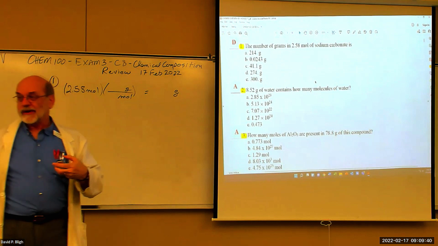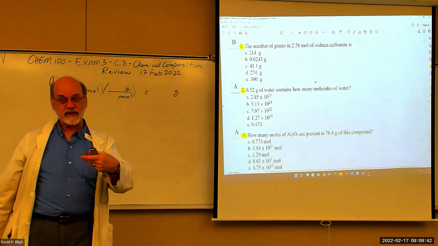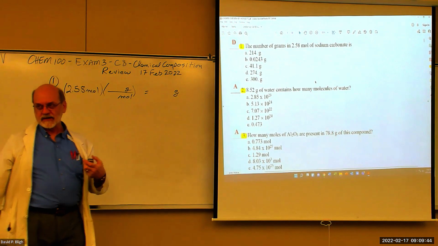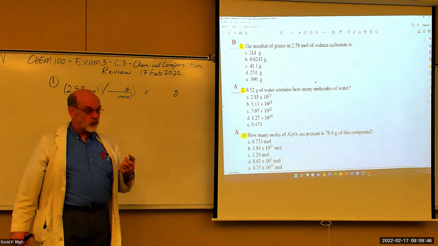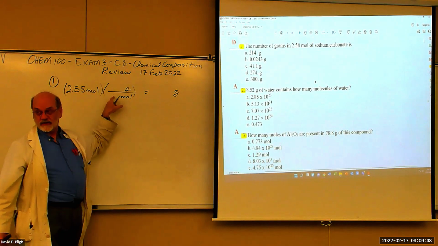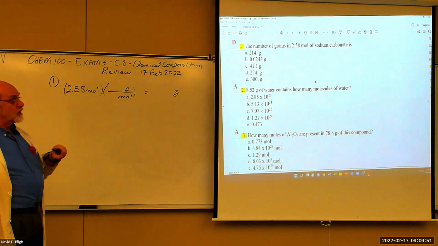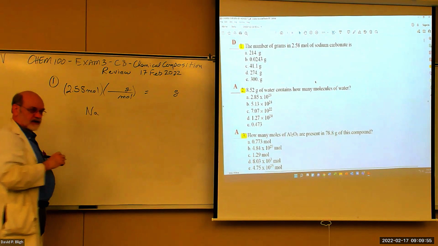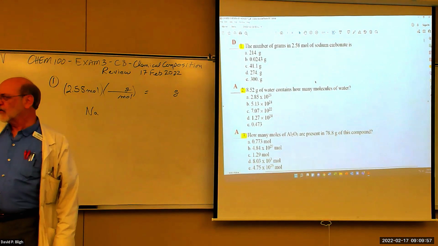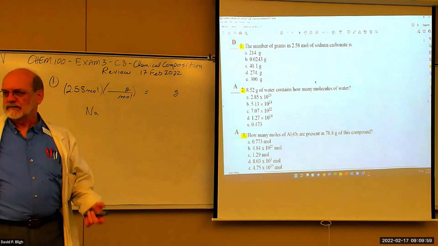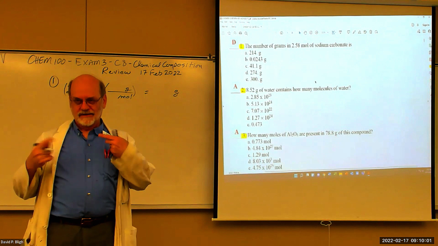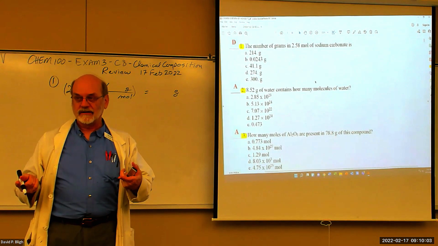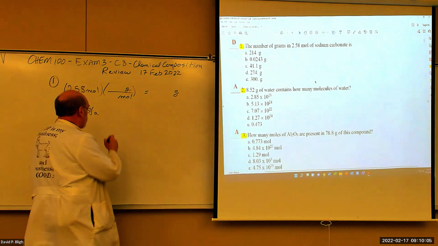We're given sodium carbonate. You're given the name of the compound. You're not given the formula. And the formula is what you need to determine that value. So sodium carbonate, we know it's got sodium in it. And carbonate, you won't find that on the periodic table, right? Because it's a polyatomic ion. So you have to know what it is,